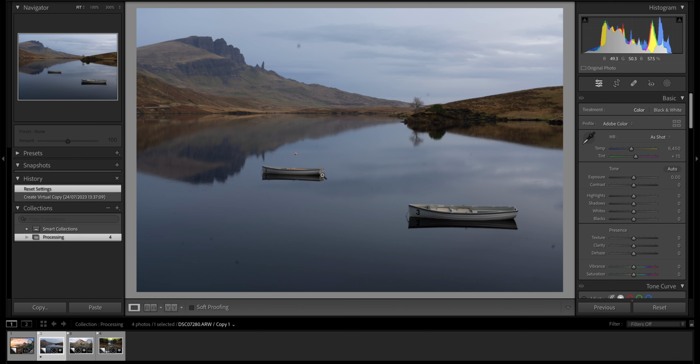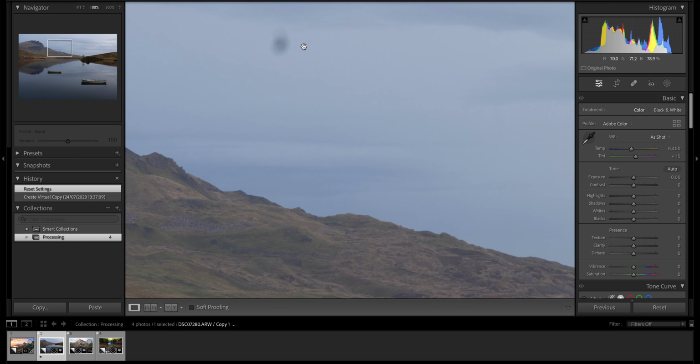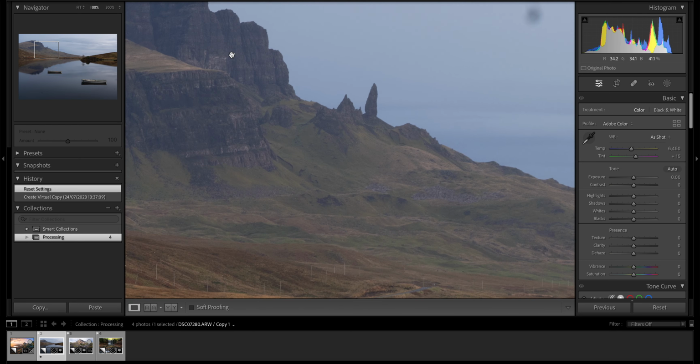Very calm, very reflective. But I thought I'd choose this image because it's not an image where you've got this glorious golden light coming in either. This is a single image, didn't need to do a bracketed image. You can see the histogram's fine. So I thought it'd be interesting to see how I'd edit this when there isn't the light, but I still think it's a nice enough image. As you can see, I've got a few dust spots on the camera at this point as well. That's the beauty of a